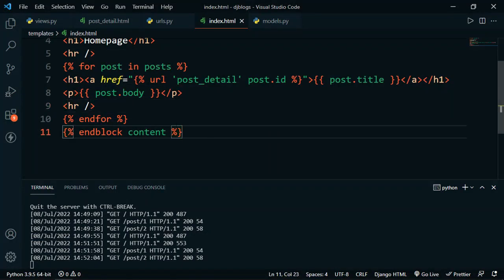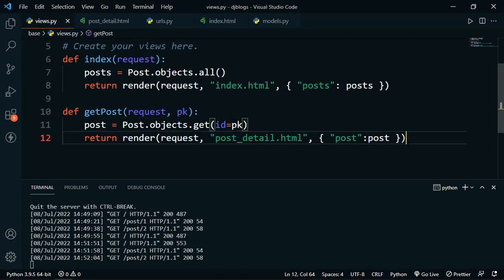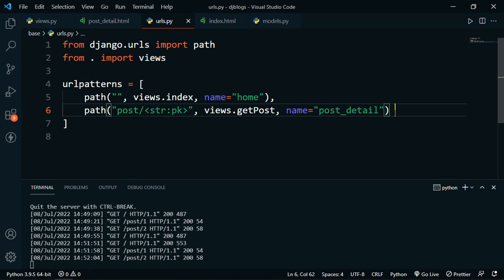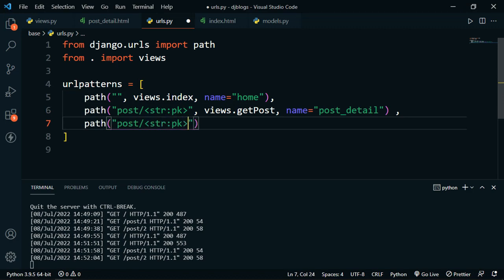Alright, so let's create the functionality to delete posts. So first of all, inside this urls.py file, I will define one more URL, which will be path. So the URL will be post/<str:pk>/delete. So we will grab the ID of the post from the URL, and we will delete the post from the views.py file. And I will type here